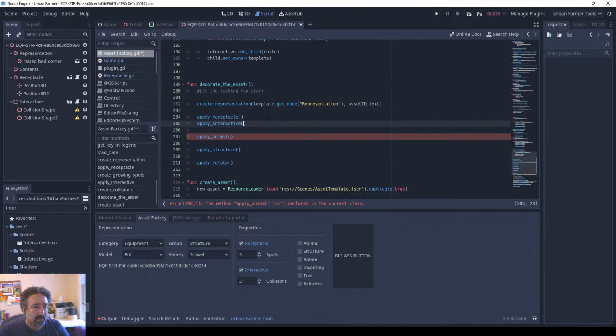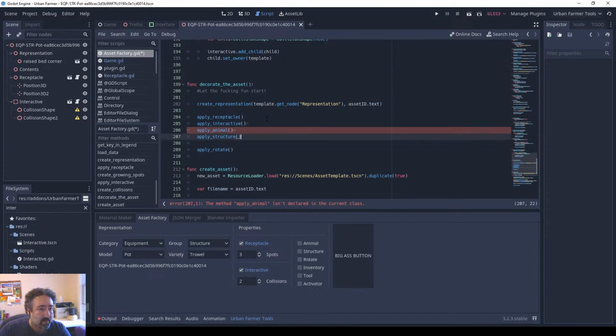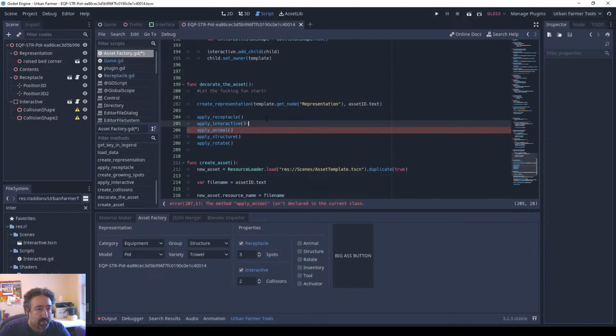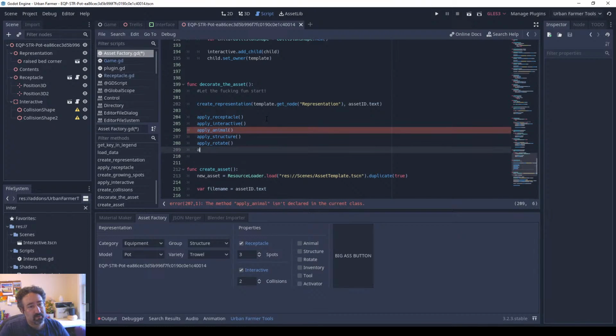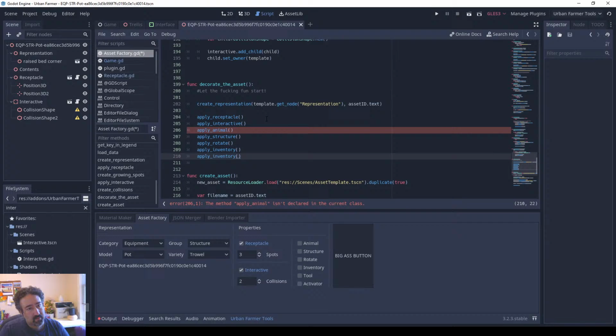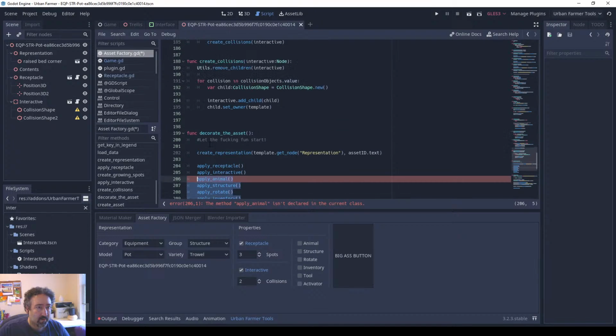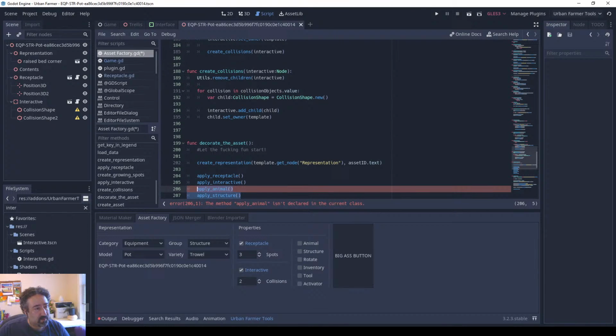Don't need to separate those lines where we apply the whole list of tool. Okay, now we kind of have to write each. We'll write them after we create collisions